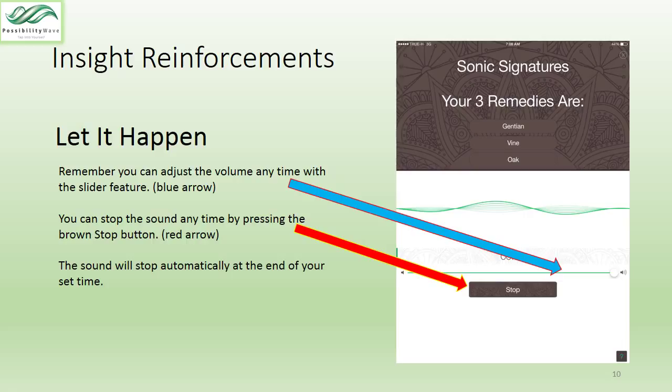The effects are not reliant on binaural processes. You don't have to have 2 separate left and right ear inputs. Just that the headphones tend to make it a little bit more intimate, but hey, if you want to play it over speakers on your desk or in your room, that's fine, no problem at all. Of course, the signals will automatically stop at the end of your time, whatever time you set, and you can manually stop at any time with that brown stop button that you see there with the red